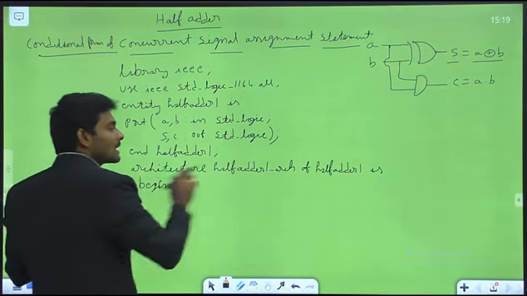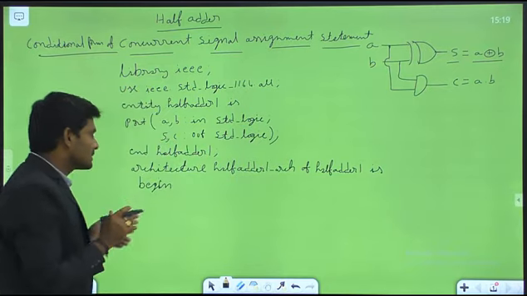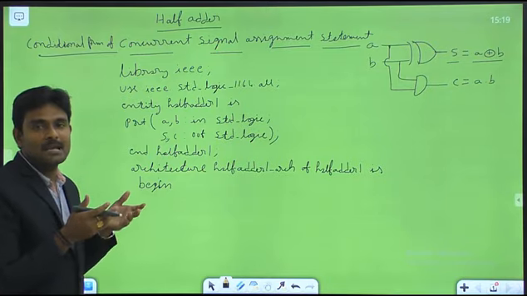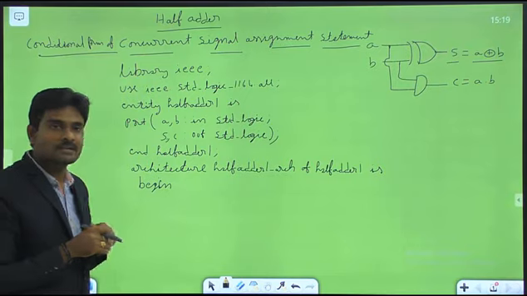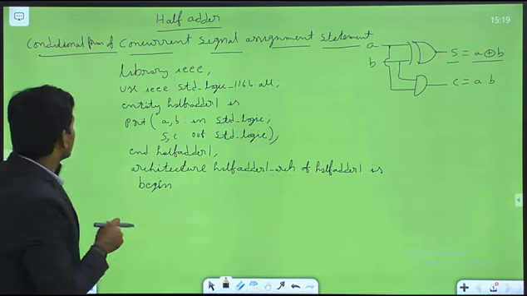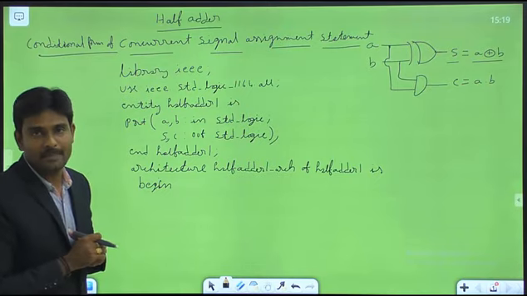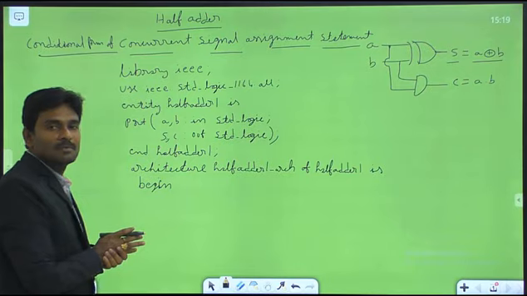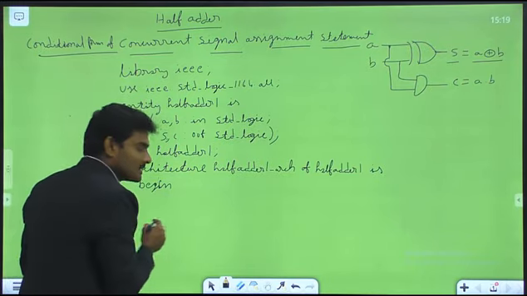Then after that, the architecture definition: architecture name of entity name is, then begin. Up to this point, it seems to be the same as the previous program. Whether it is the concurrent signal assignment or the conditional form of the concurrent statement, up to begin both are the same. Here we are supposed to use the conditional form of the concurrent assignment statement. On the left hand side, the signal name.